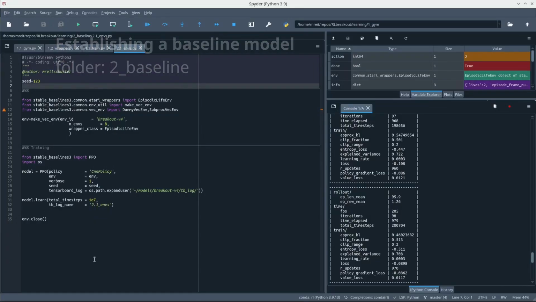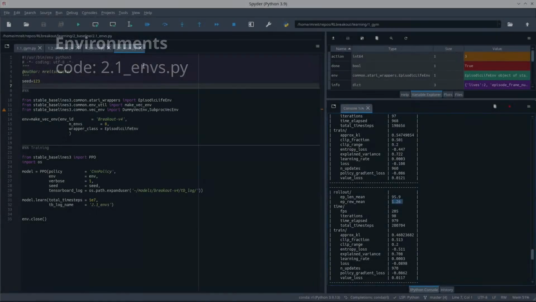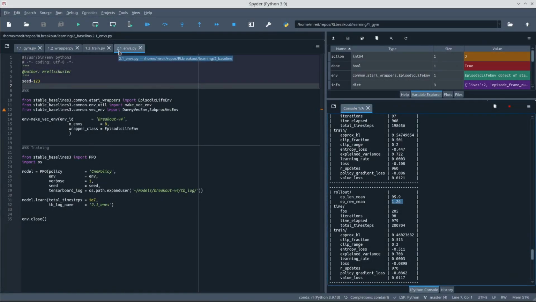Welcome back. In the first chapter we looked at how we can create an OpenAI environment, how we can train a model on it and let it play. It worked, it just didn't perform very well. You might remember that we hit something like 1 brick per game, which is really bad compared to a human player. To enhance this, the first thing we are going to do in the 2.1 code base is